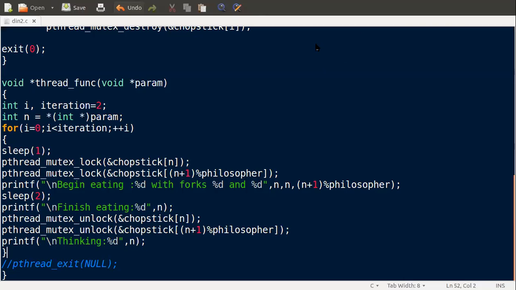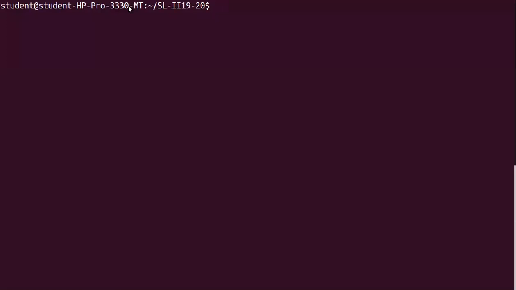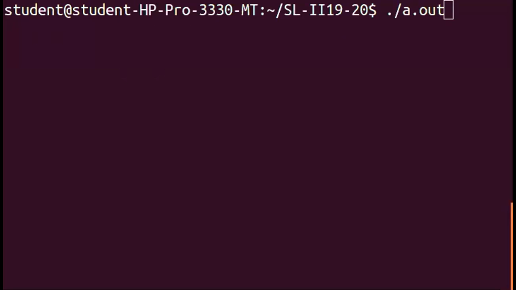Okay, so you see here, everyone. We should compile this with gcc, the C program name, with -pthread, because when you use pthread it's compulsory that we write -pthread as an option in gcc.